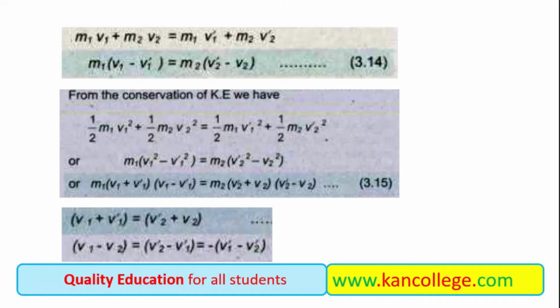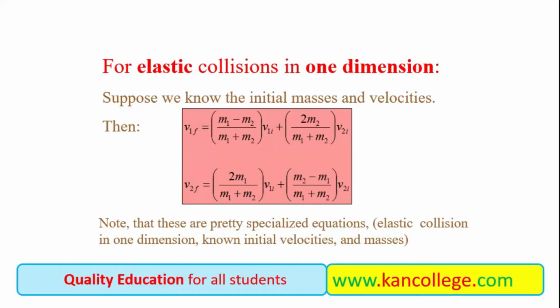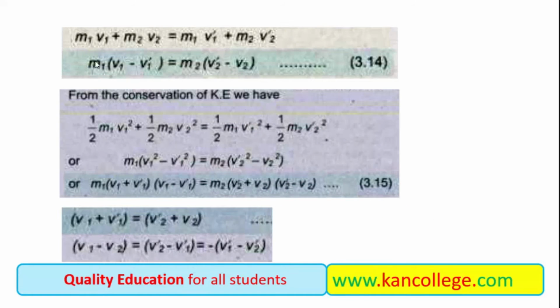For the first law, the law of conservation of momentum, this equation is valid. And from this equation, by rearranging the terms, we can write equation 3-14. For the conservation of kinetic energy, we know that total kinetic energy before collision